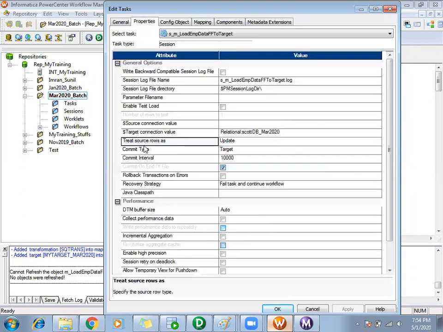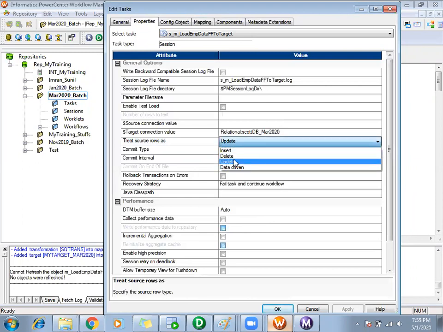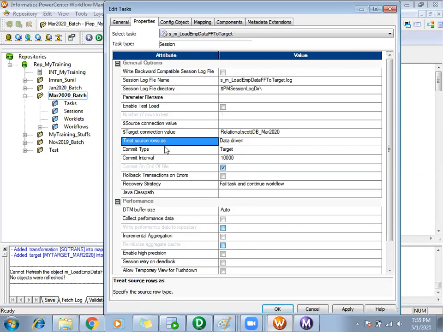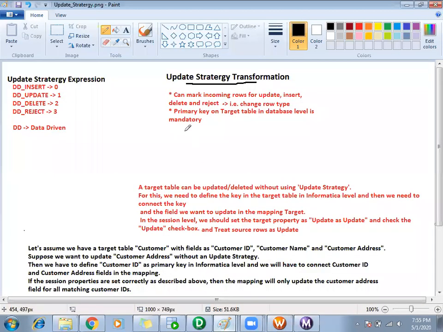So apart from the treat source rows as insert, delete, and update, we have one more property called data driven. We normally select treat source rows as data driven whenever we use an update strategy transformation in our mapping.